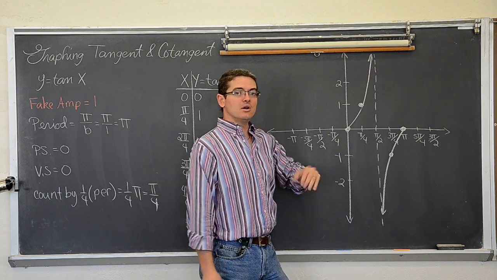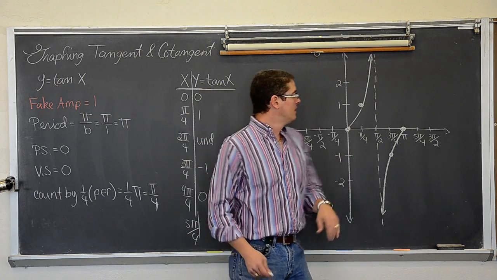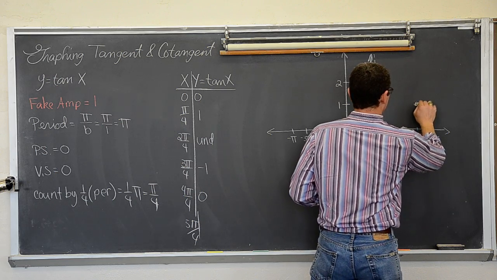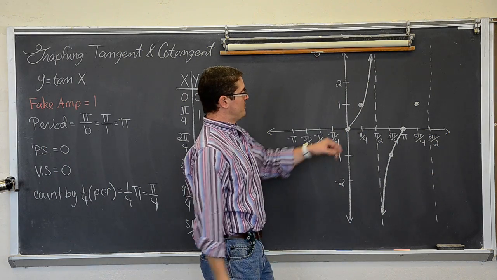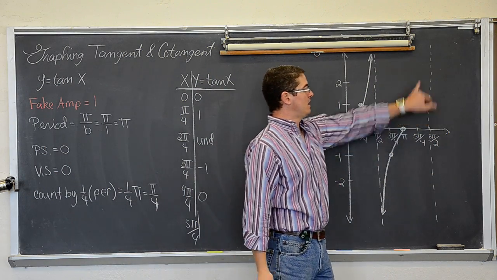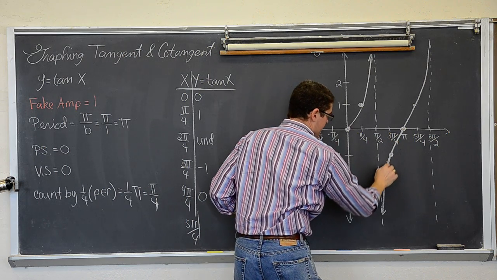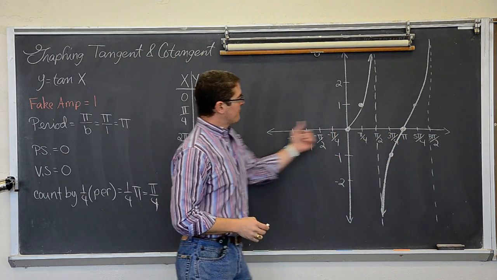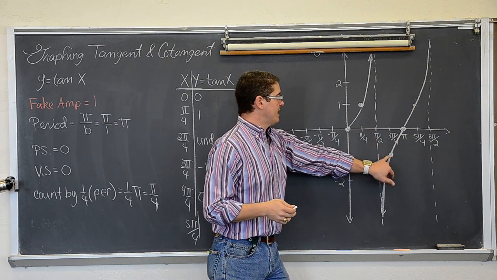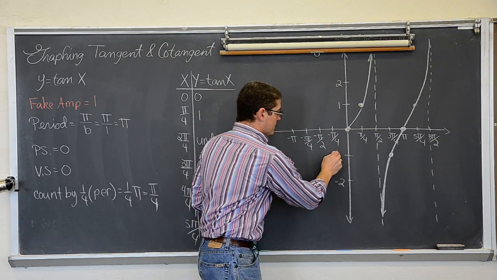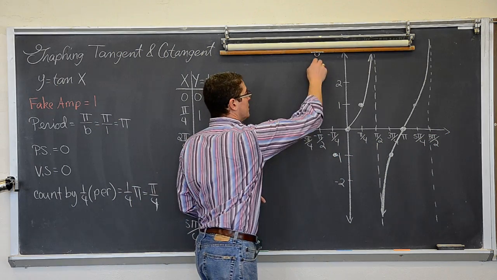0, 1, asymptote. So now I'm at 0, so my next tick mark over, again made off my values from the t-table, must be a value of 1. And then at 3 pi over 2, I have another vertical asymptote because it was 0, 1, asymptote. So this is going to be my second period of tangent, because the first period of tangent is generally looked at as the one that's around the origin. So 1, 0, -1. And what's next? Vertical asymptote. Good.